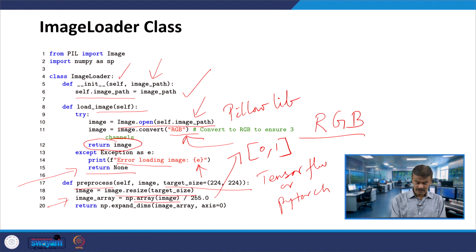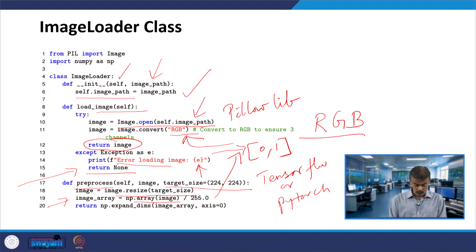Assume an m cross n image, each array element will be divided by 255. So the image array range, which was 0 to 255, will now be 0 to 1. This is very common for deep learning algorithms.